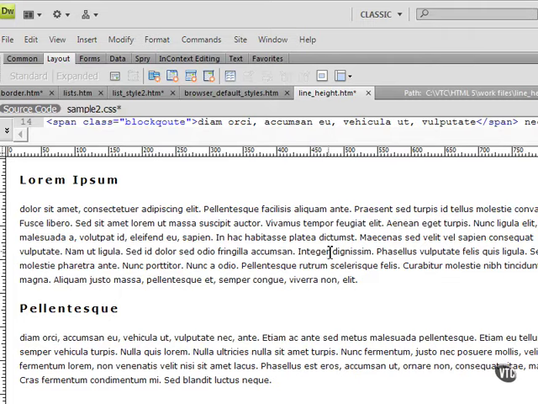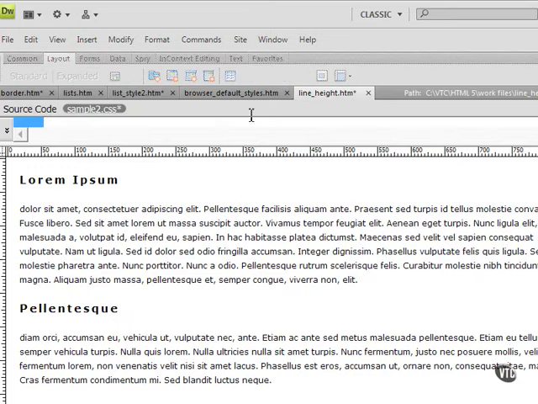The first paragraph has a line height of about 150. The second paragraph has a line height of 100%, so you can see that the increased spacing between my lines makes this paragraph much more legible. The rule is simple. If we look here in the linked style sheet,